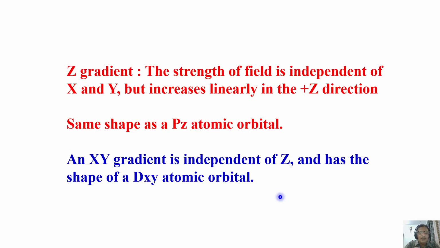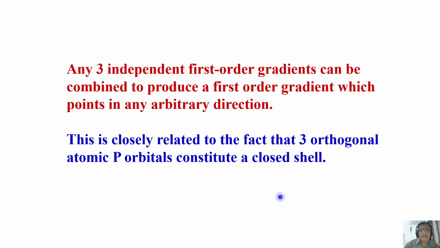The magnetic fields produced by the shim currents have different spatial profiles with the different shim coils. So you can keep on changing it. You can have three independent shim coils combined together. You can produce a magnetic field gradient in any direction you want.